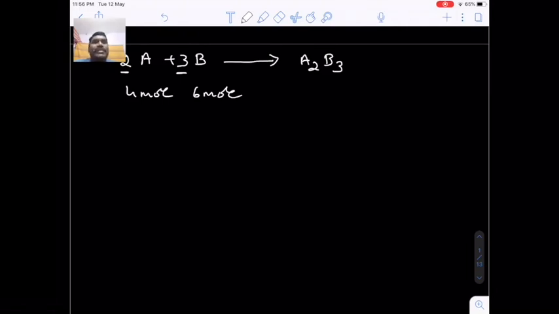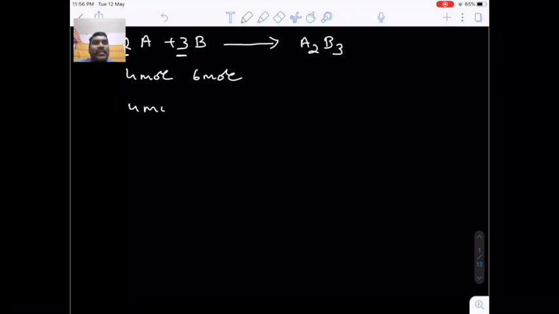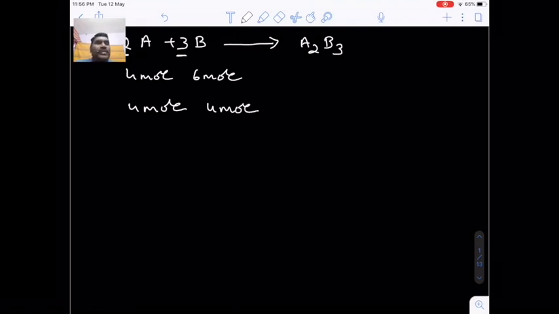Okay. Suppose the same in this question. Let's suppose I am taking 4 moles of A, and I am also taking 4 moles of B. So how many moles of the product will be formed? Now in this case, the stoichiometric ratio is 2:3, but the molar ratio is 4:4. This is not equal. So in this case, we have to identify the limiting reagent. From that limiting reagent only, we have to identify the number of moles of the product. Are you getting my point?